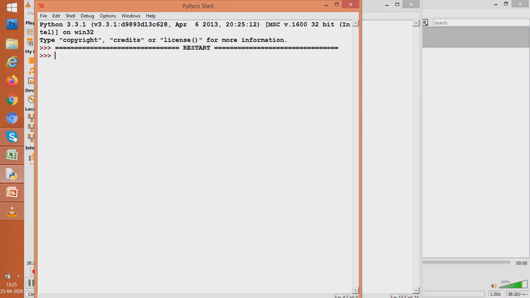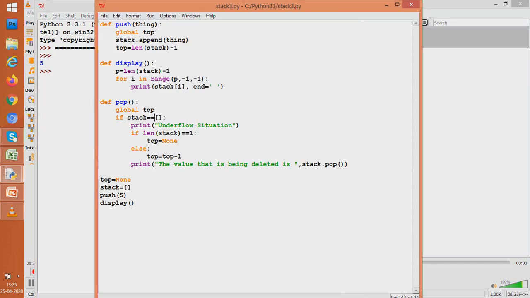There should be an equal to sign, and when we run it, you all can see we have 5. So 5 was pushed in and displays 5. Let us now try to put one more element in the stack.